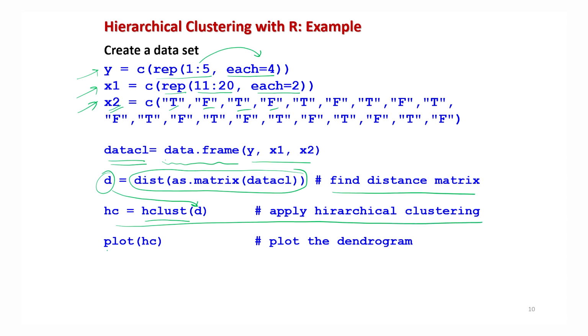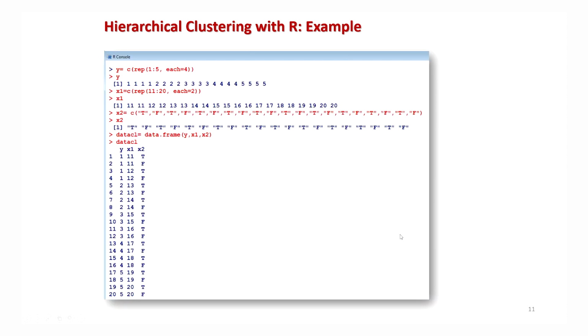And if you use the command plot on hc, then it will plot the dendrogram.